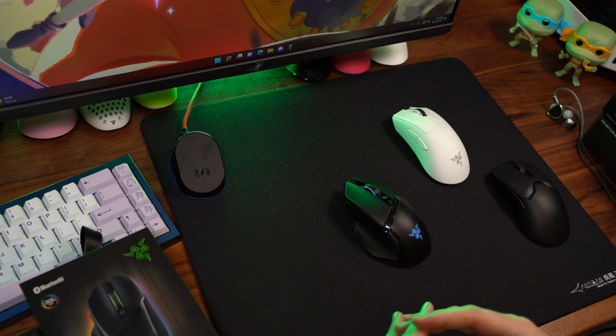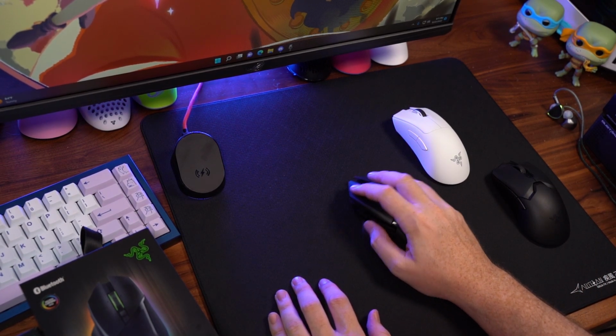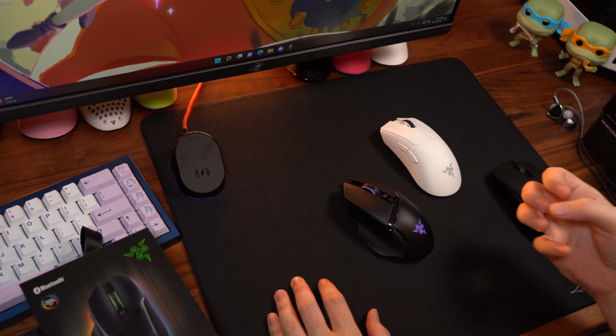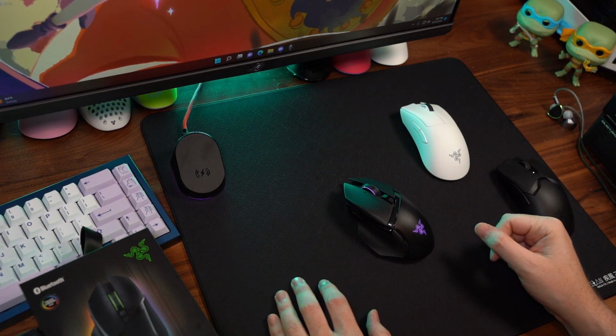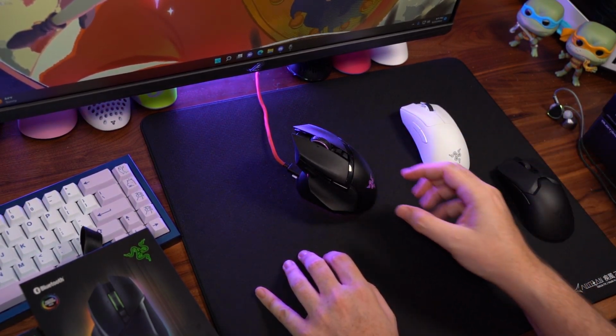And I do think that if you're going to be using this all day for competitive grinding purposes, you're going to get tired of it, at least compared to the lightweight, crisp, airy nature of either the Viper V2 or the DAV3 V3. I do like the fact that the wireless charging here is easy as pie,